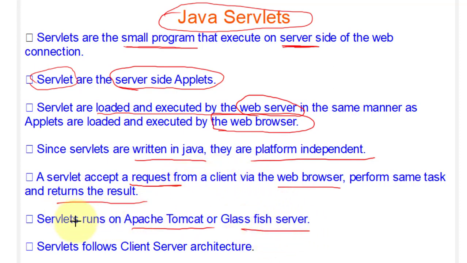Since servlets are a server-side technology, they require a server. So these are the two servers, Apache Tomcat or Glassfish server. In this we have a client which is responsible for sending the request, and the server which processes the request and sends the response back to the client.